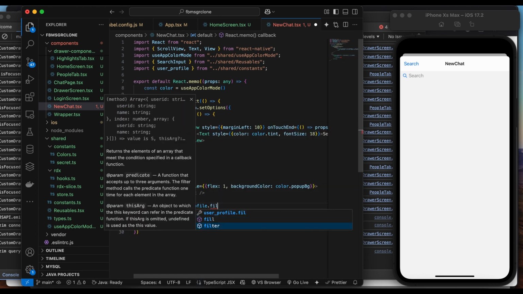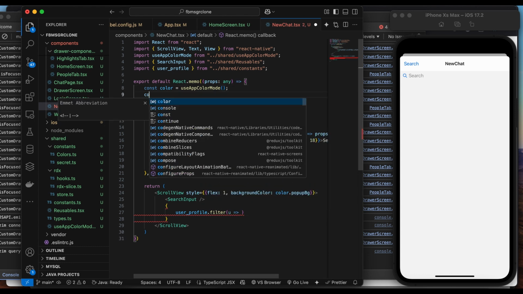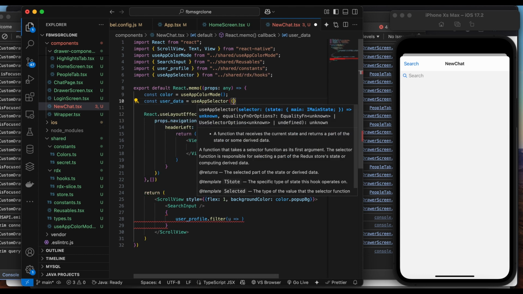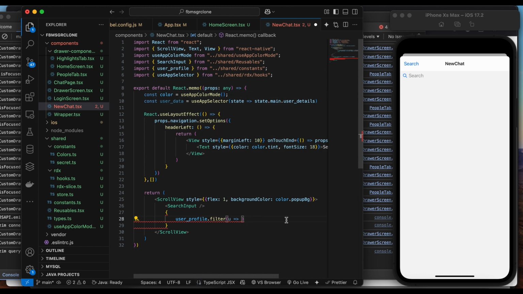Let's filter out the current user. states.main.userDetails, userData.userId, u.userId is not equal to, then .map